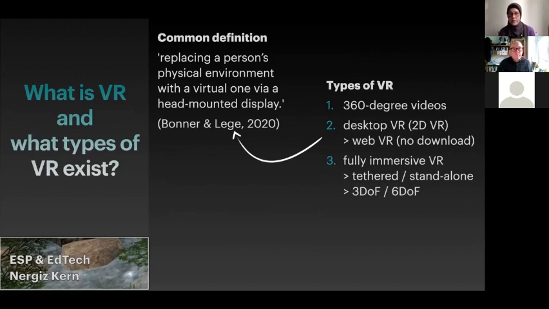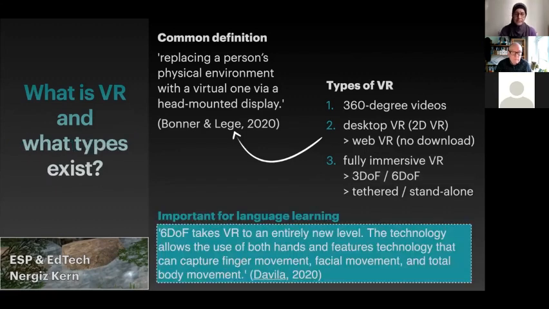And the newer ones have 6 degrees of freedom, which is great for language learning, because it means that besides the headset, you also have hand controllers. And now when you move in your physical world wearing the headset and the hand controllers, your movements, finger movements, facial movements, your total body movements are transferred into the virtual world.